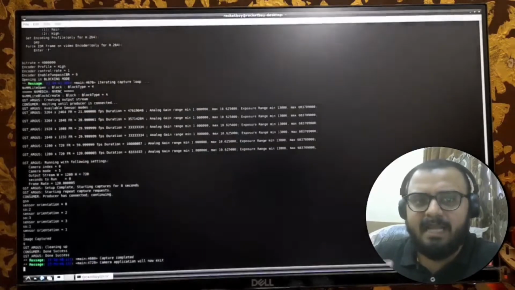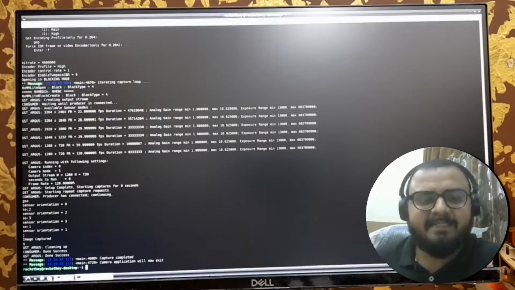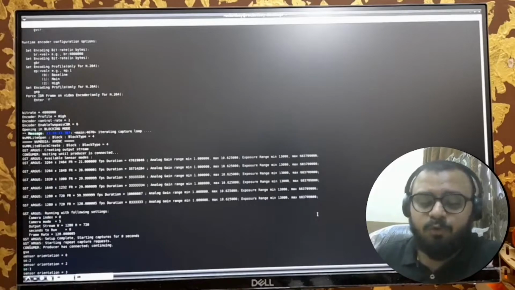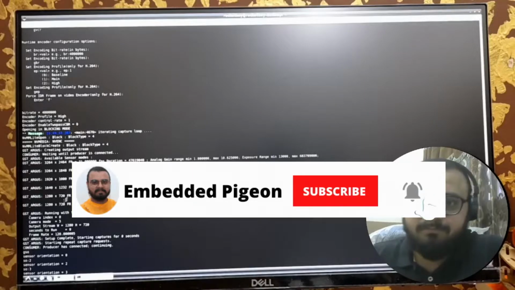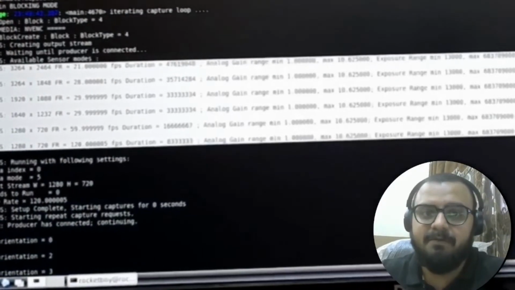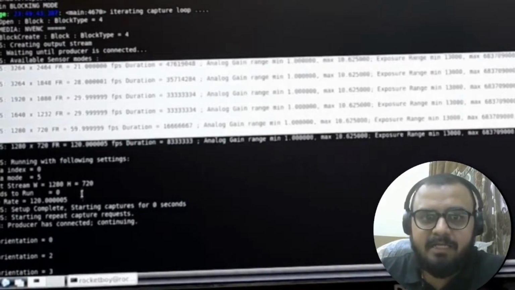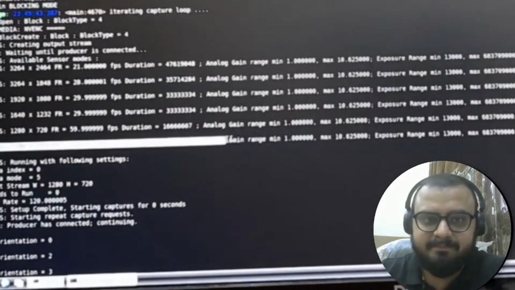But before doing that, I'll grab an image by pressing j. Alright. Then after that, I want to know the current camera mode. As you can see here, there are multiple camera modes stated here, with different frame rates and output streams. The one we are currently in is the last one, that is with a frame rate of 120.